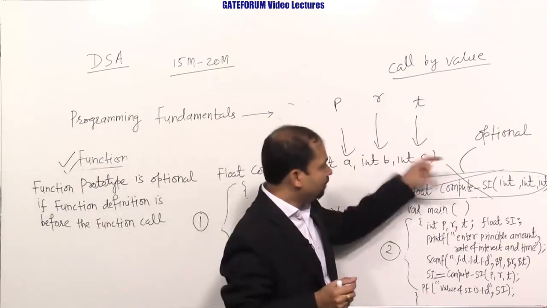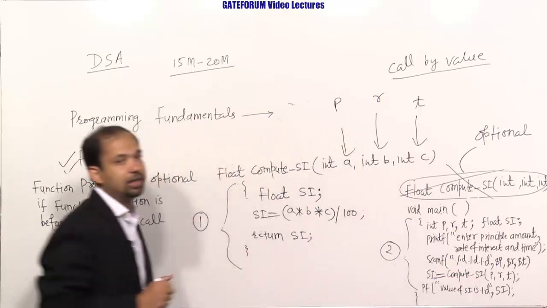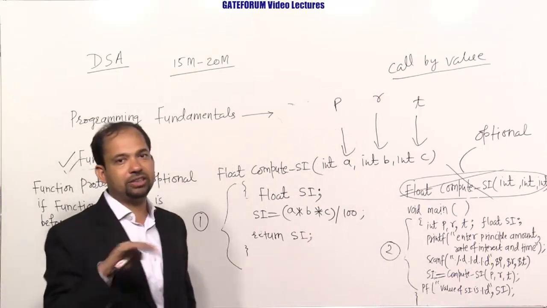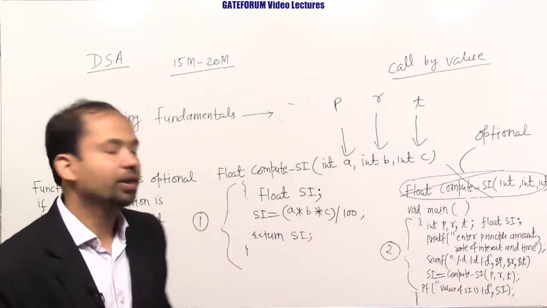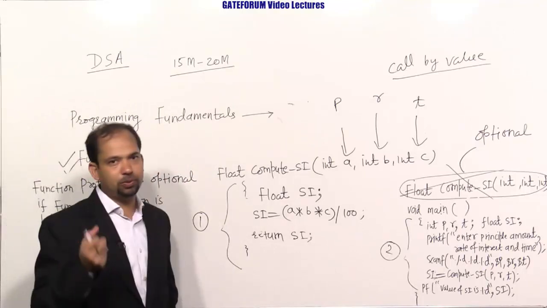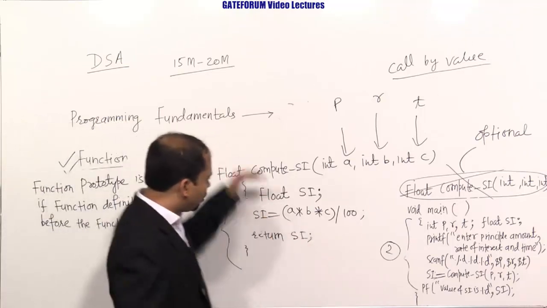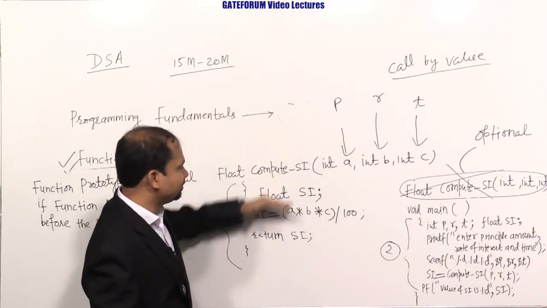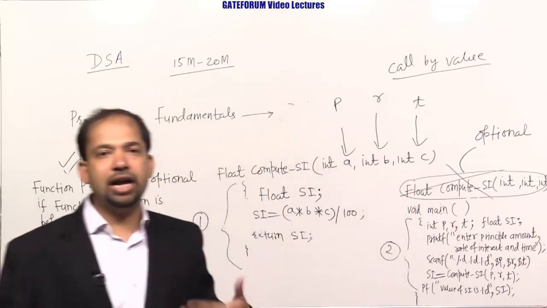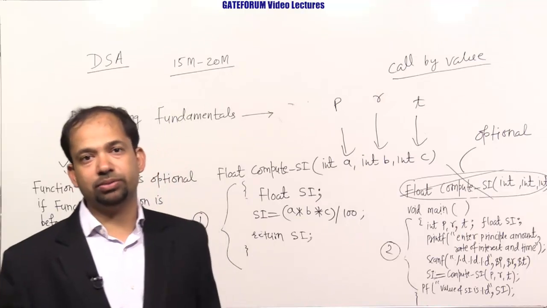So everything is in sync. What we have in the prototype, the same thing we have followed in the call, and the same thing has been done in the function definition. These are the small things you must be aware of. It's just a kind of revision for you all. Now, time complexity of a function. Suppose we have to compute the time complexity of a function, then we have to count the frequency count of all the statements in all the functions. We will talk about these things when we discuss how to compute time complexity and space in algorithms.